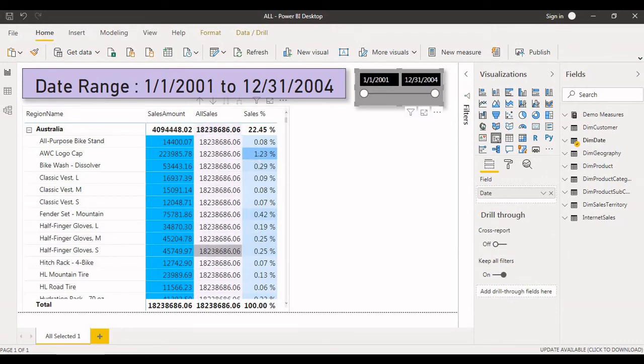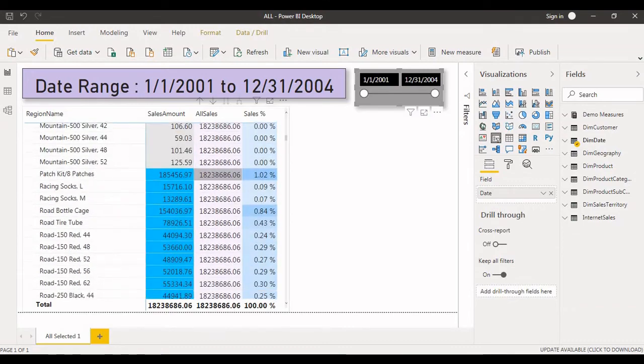Even it's not getting filtered product wise. We are ignoring all the filters, so that is the reason it's not taking any of the filters. Now it is taking the percentage of this product's contribution with respect to all sales in the Australia region. In the Australia region, this product's percentage of contribution is 0.08. But when it comes to Canada,